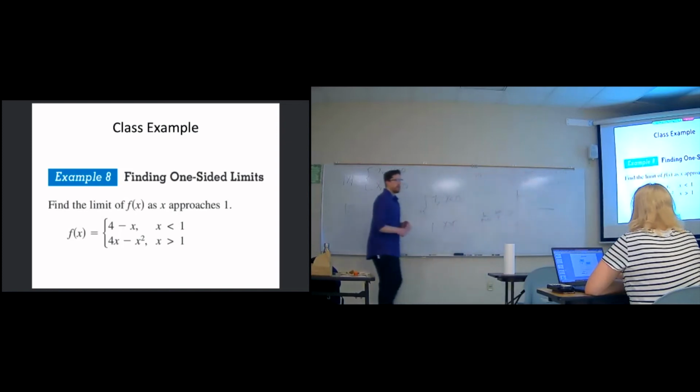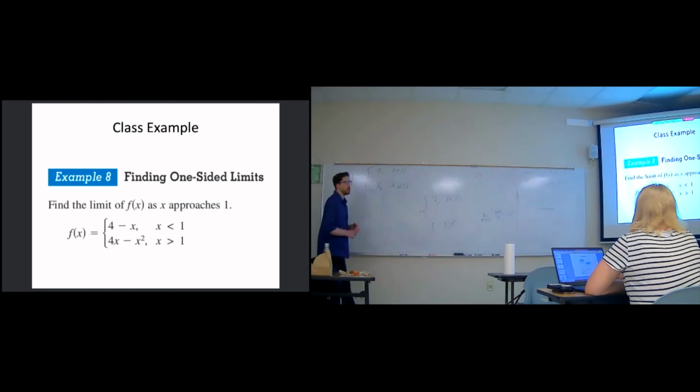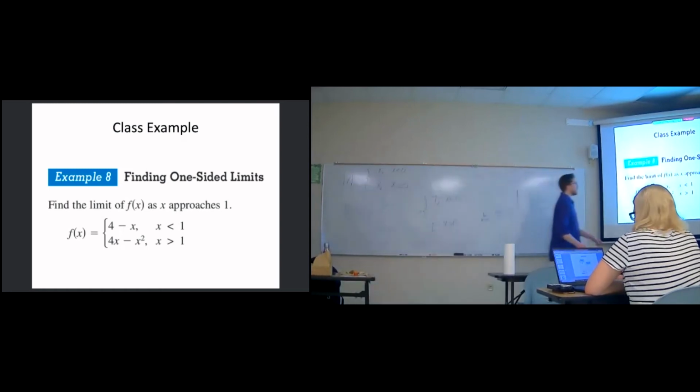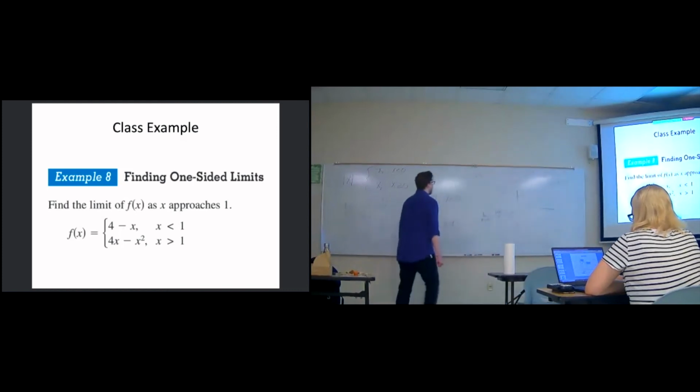If it was greater than or equal to, you would still have to check, because what if this approaches 4 and this approaches 3? Makes sense what I mean? Yeah. So what if instead we had